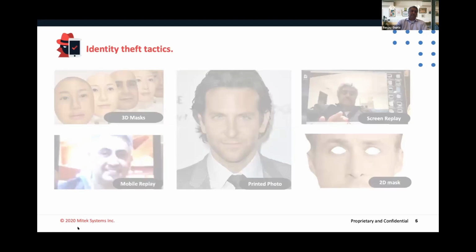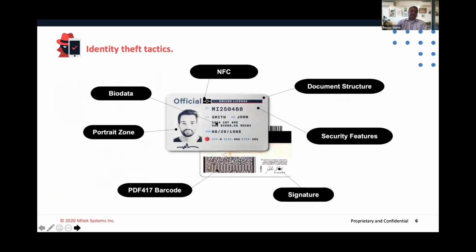And then when you look at the document itself, there are various points that we see. At MyTech, we have not only agents, manual people actually watching the system, but also an automated system, and we return a result within, let's say, 5 to 7 seconds from getting a document, comparing it to the selfie photo and doing liveness on it. We also have agents periodically monitoring the system to see where these attacks are coming from.